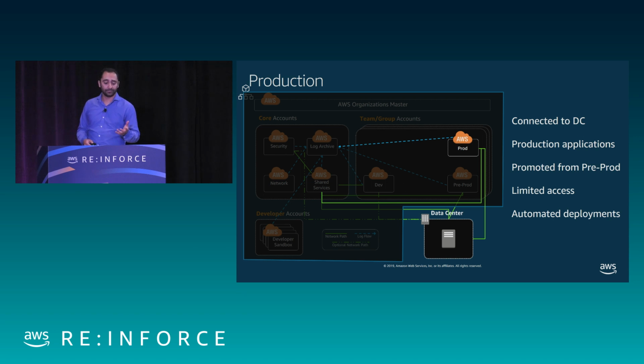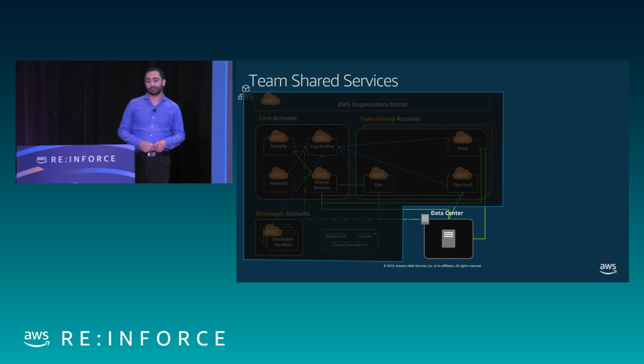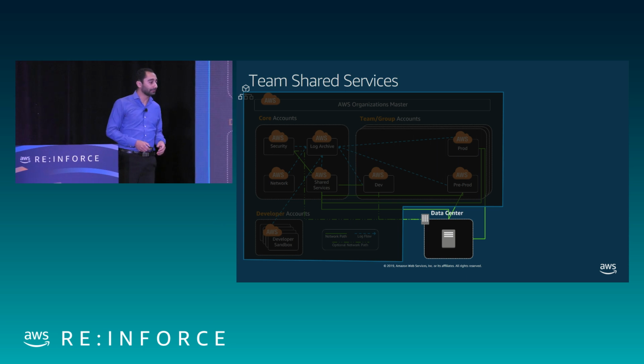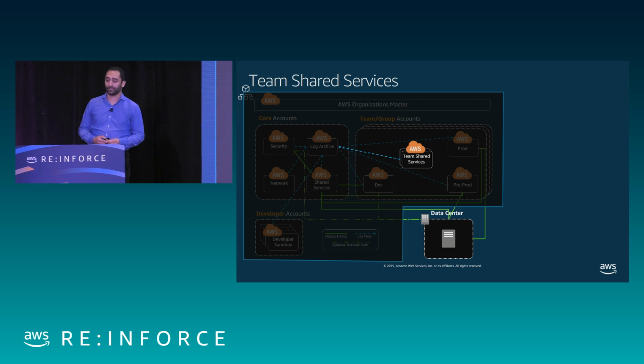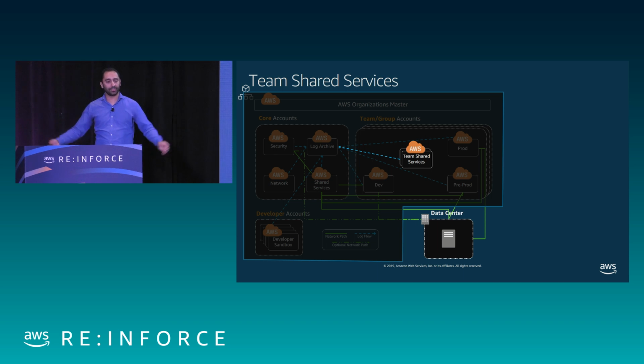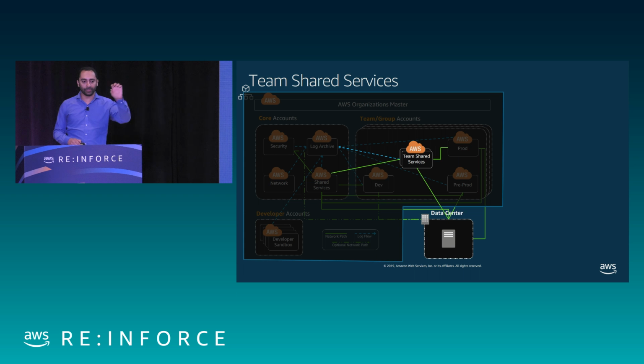Over time, as it becomes easier to create accounts and use them, and we have a process around it, we have things that just start to grow organically. Maybe there's a common set of data that a whole bunch of applications use. I can build a data lake around it, or build a few common services, and I can build a number of these team shared services. And if you extrapolate that a little bit further, the more accounts that get created, the more teams that are building it, you'll have this big mesh of interconnectivity between things as you offer services and resources for everybody to use.